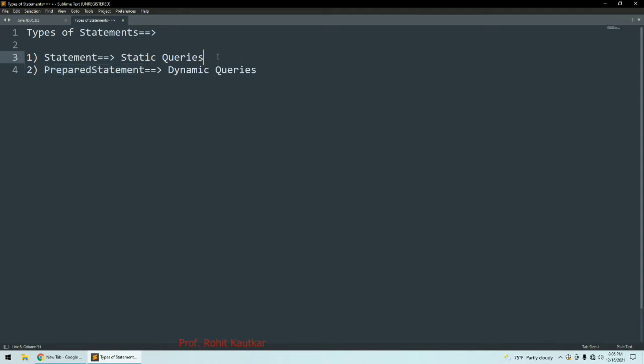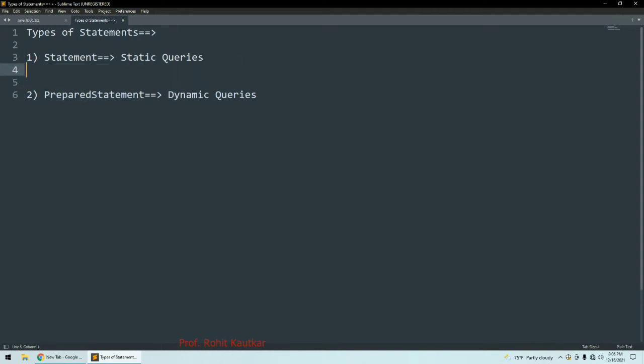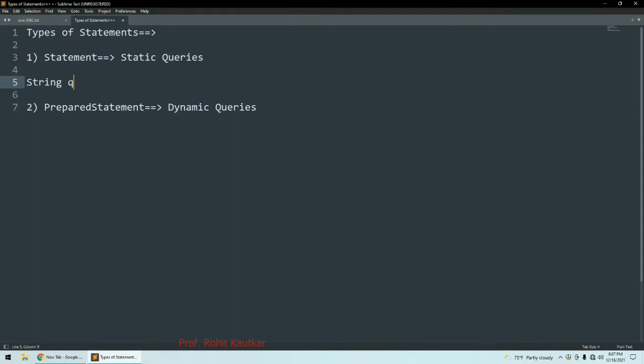So static query means what? Where you define the values that are to be inserted or manipulated within your database in the query itself. For example, I may write a query like this: string q is equal to insert into student values, and here I will specify the values directly.